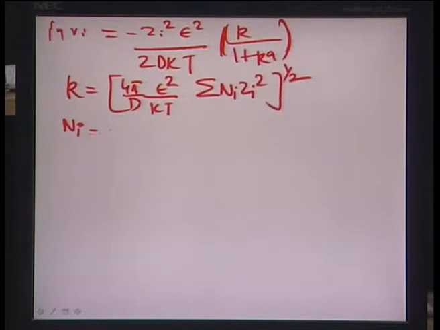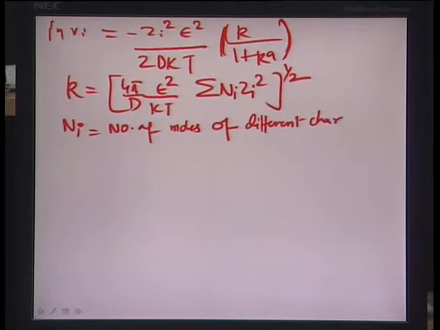Ni is essentially the number of moles of different charges, whether it is positive or negative, as different charges. You remember the way we talked about the subscript I in our lectures before, per unit volume